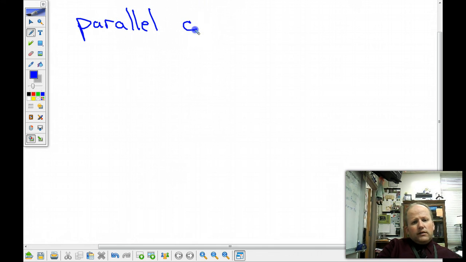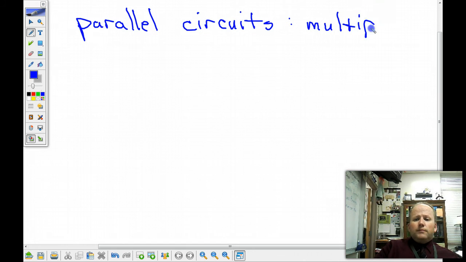And this is what makes all this stuff fun and interesting, also known as complicated. A parallel circuit, parallel circuits, we should say plural, are multiple, which could be 2, multiple loops